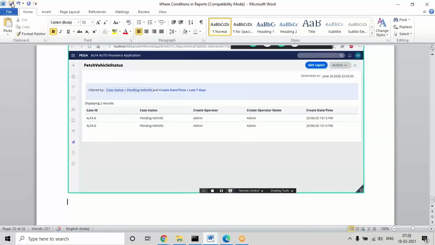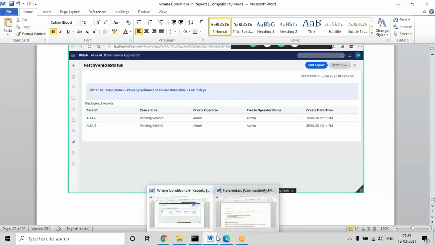So like that, if we want to define filter conditions, we can define them using the report definition, and the same conditions you can also define using Obj-Browse parameters. In Obj-Browse you get the same filter conditions, but I'll show it in the coming scenarios we are going to work on.